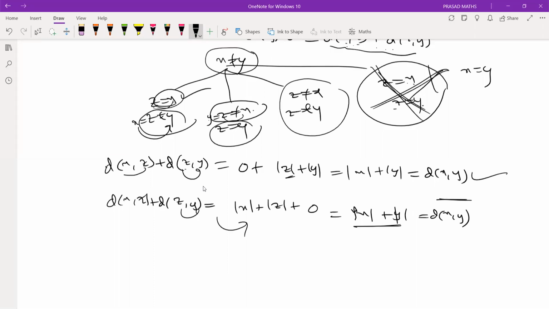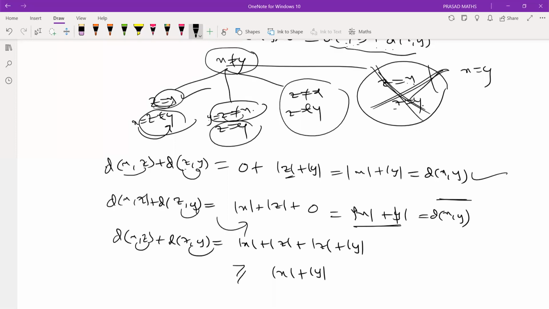There is no problem. So therefore, what is the third one? x not equals to z, z not equals to y. So distance between x comma z, distance between z comma y. What is this? x not equals to z means mod x, mod z. What is this? Mod z, mod y. Yes or no? Therefore, this can be rewritten as mod x plus mod y. Yes or no? Because this is a non-negative constant, bigger quantity. Understand? Mod x plus mod y